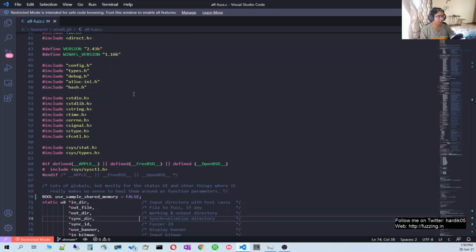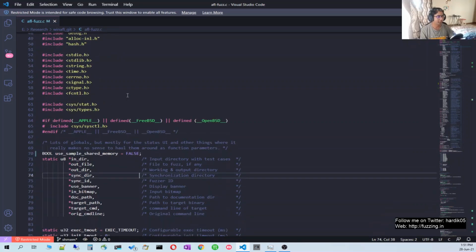Basically there were a lot of issues with the formatting. My editor was not handling it properly and it was all messed up, so I had to do a lot of iterations for that. But in the end I'm very happy that I added this feature and contributed something to WinAFL, which I've been using for the last few years, and I found a lot of vulnerabilities using it. So it is always good to give back, and even though it is a very small feature, I found it extremely useful for my needs. And if you are also tired of optimizing your harness for various cases, then you can try this mode and I'm sure you will find it useful.